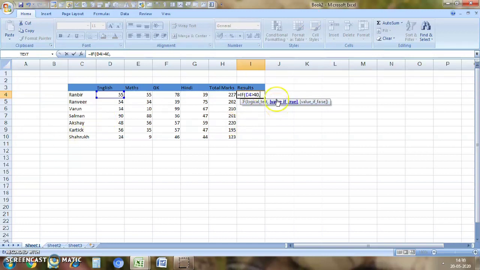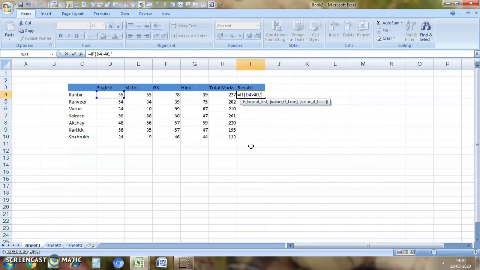The value if true is what happens if this condition is true. They will be written like pass, fail, pass, fail. So it will be written like that.